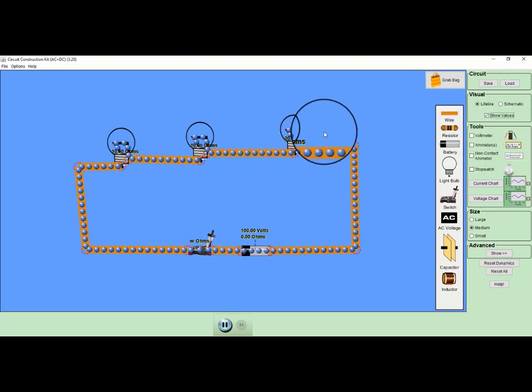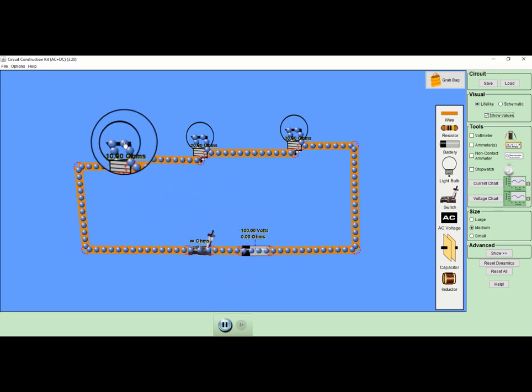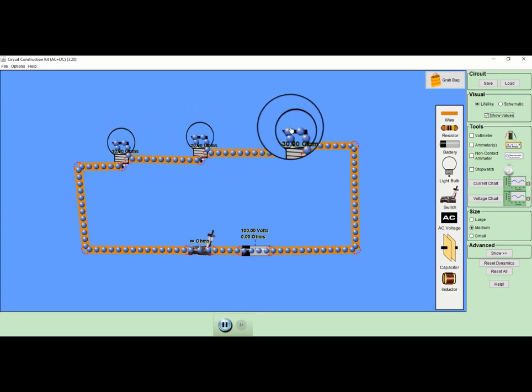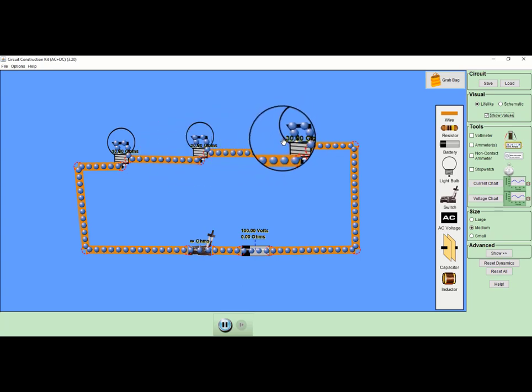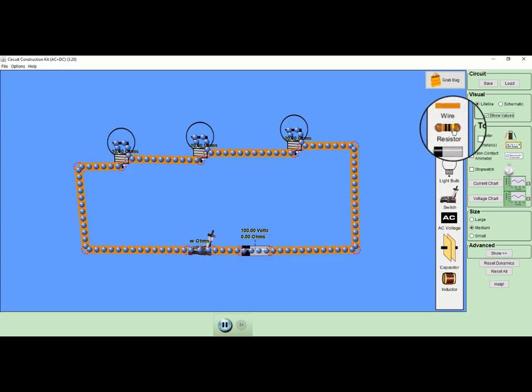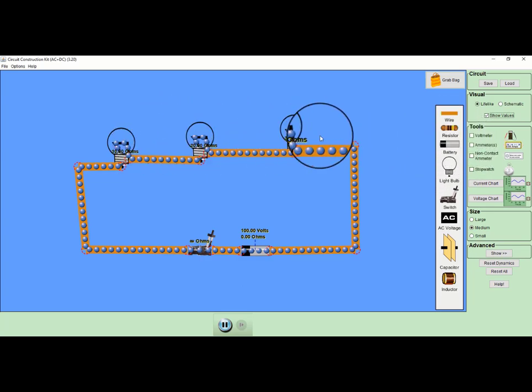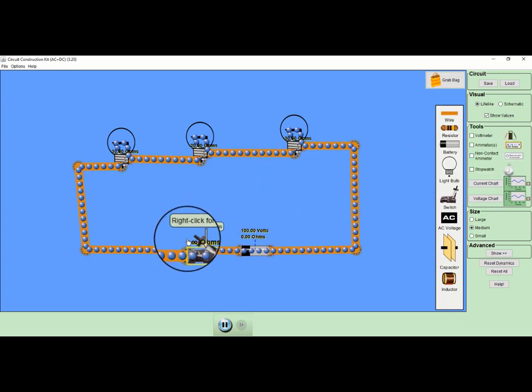I am taking 3 bulbs connected in series across a voltage source of 100 volt. This is a DC voltage source. To turn the bulb on or off, I am using a switch. Resistance of first bulb is 10 ohm, second bulb 20 ohm, and third is 30 ohm. Same values I am taking as we have explained in the presentation. Instead of taking the bulb, we can also take the resistance, but to have the visual representation, I am taking the bulb. Now I will close the switch.